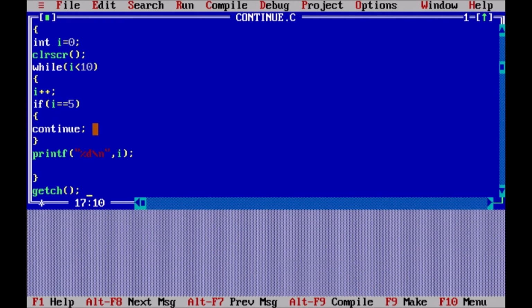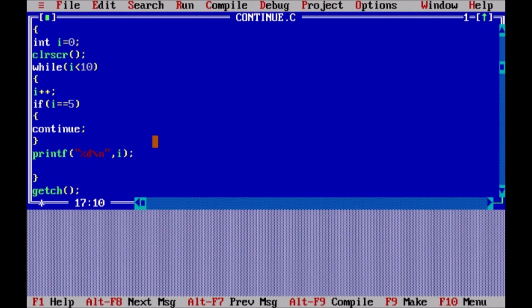Once this continue statement is encountered, the iteration of the loop will be skipped. That means after the continue statement is encountered, the statements after the continue will not get executed, and immediately the condition part will be checked. Since the value is 5, which is less than 10, the condition is still true. The value is incremented to 6. And here the condition fails, 6 is not equal to 5, so this statement will not be executed.